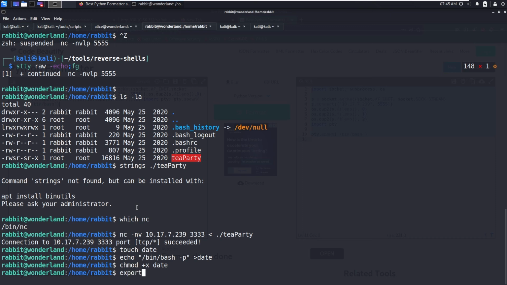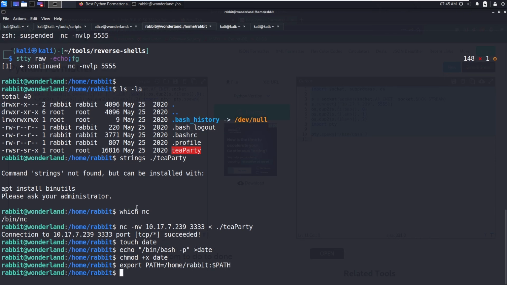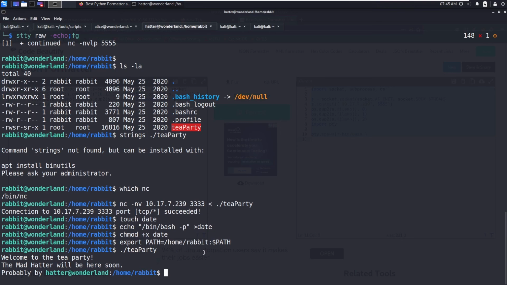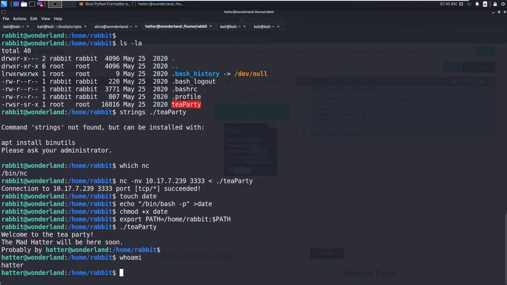So we need to export the path: export PATH=/home/rabbit:$PATH, the previous path. So now this should do it. Whenever this binary runs, it will search the path, and the first path is /home/rabbit. So we have one date, so it will execute that one. So teaParty. Now you can see, who am I, we are hatter.